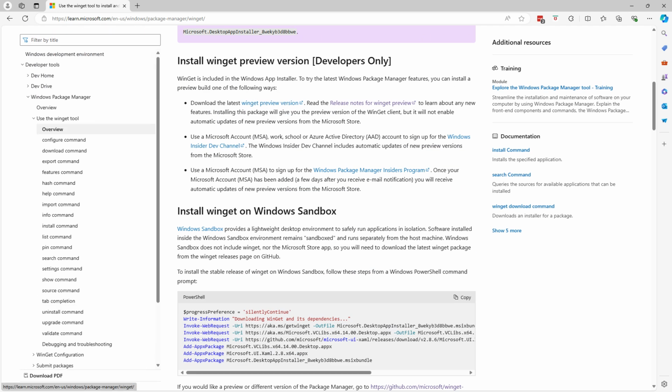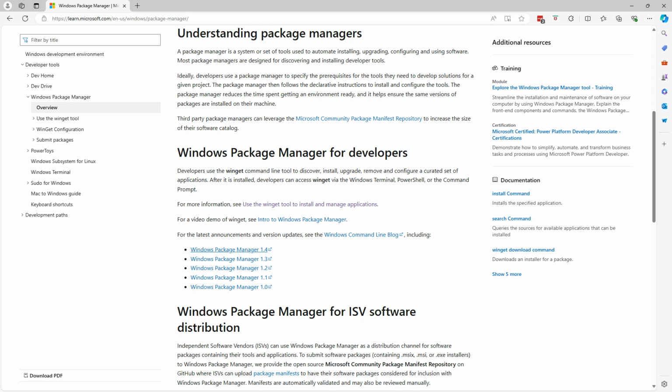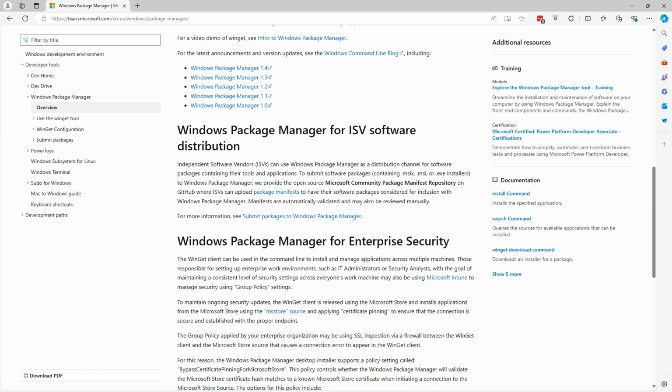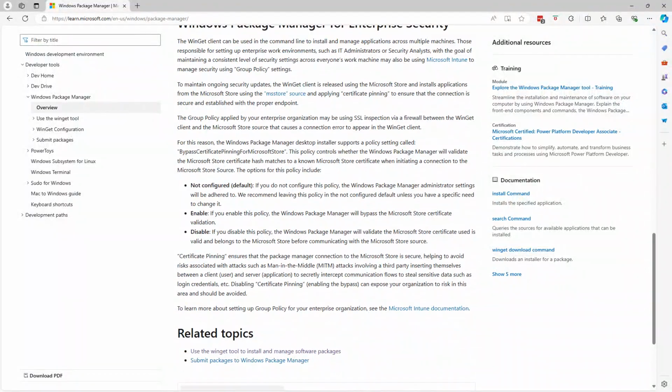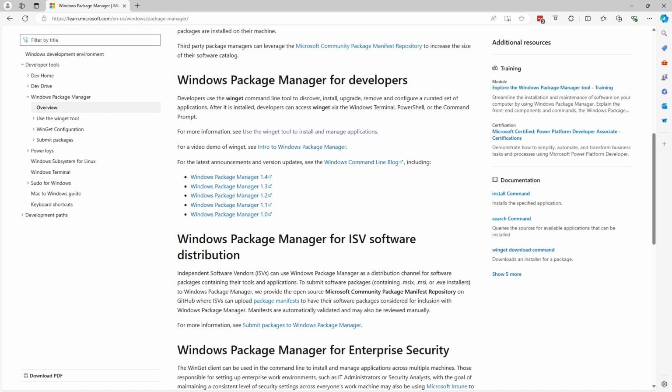And you can see this page of Microsoft itself, and you can explore and read about what WinGet is and how to use it. Meanwhile, I am going to show you in a few minutes, or few seconds you can say, how to install DevOps tools using WinGet itself. Before starting, we have to open our PowerShell, and